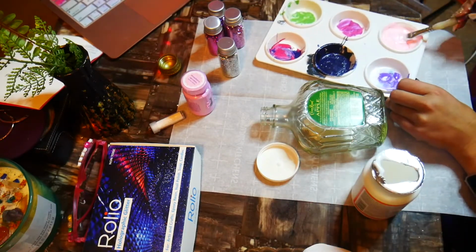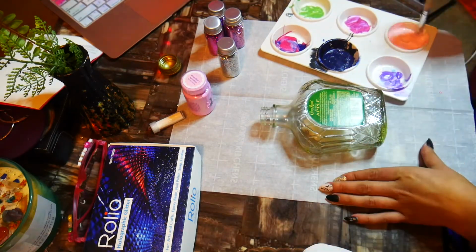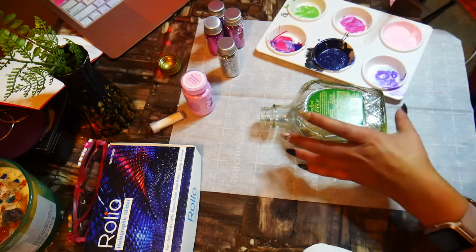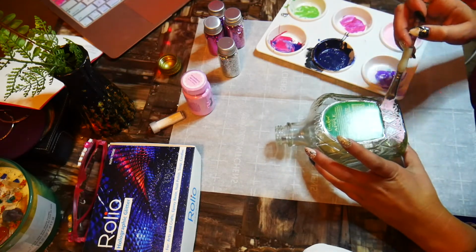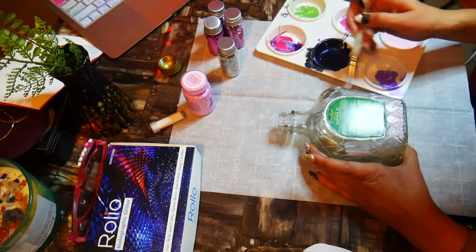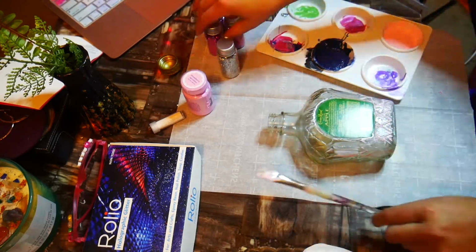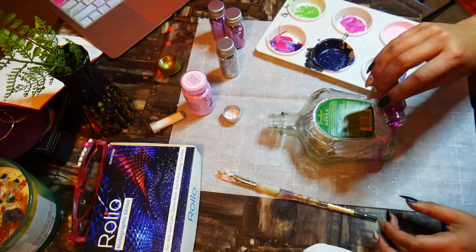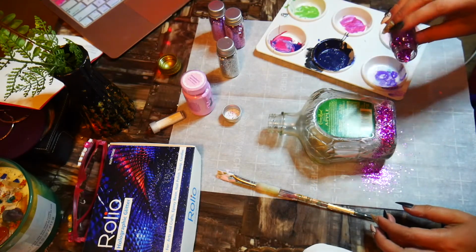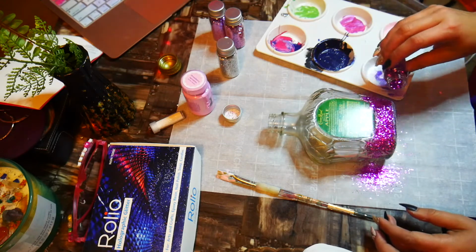They make craft acrylic paints, Mod Podge, all sorts of wonderful products. I'm using the satin Mod Podge because that's what I could find on hand today, and I didn't want to use my matte one. And I mixed it with a little bit of a pastel pink paint. The reason for that is so that when it dries, you can see a little bit of pink underneath the glitter, just in case there are a few spots that I missed. So I mixed those together, and then I'm just going area by area, spreading it onto my bottle,